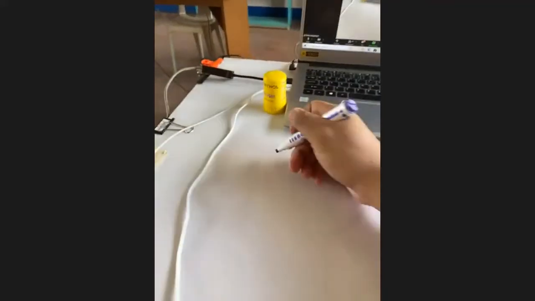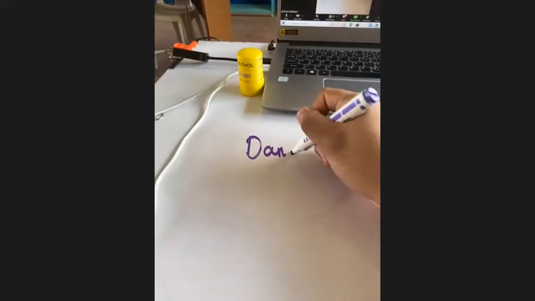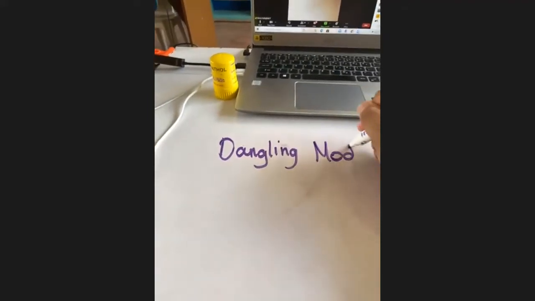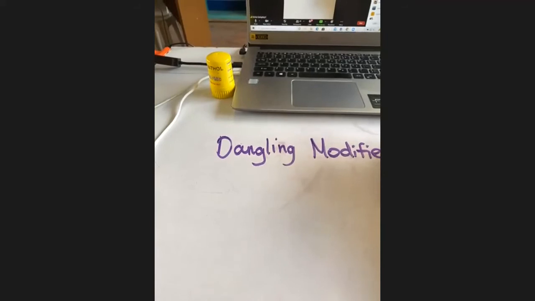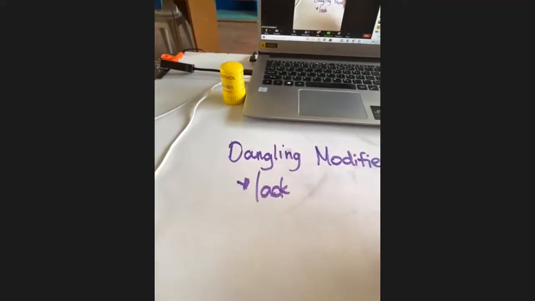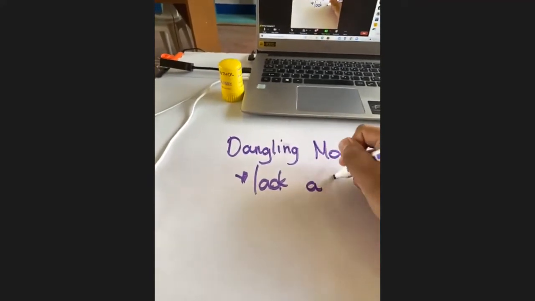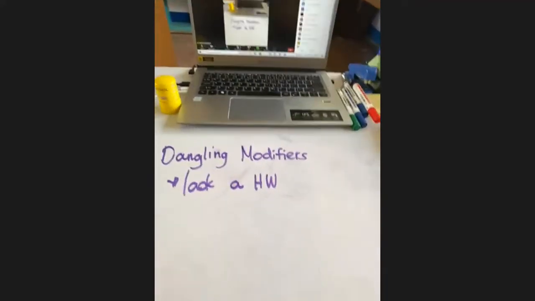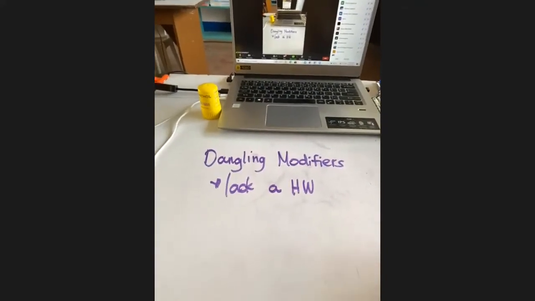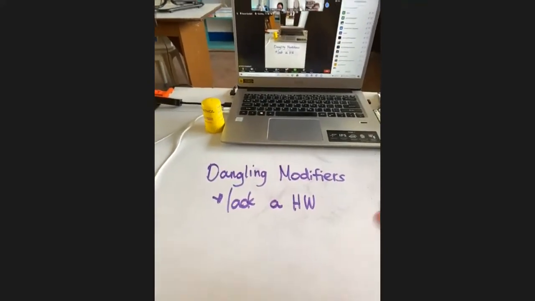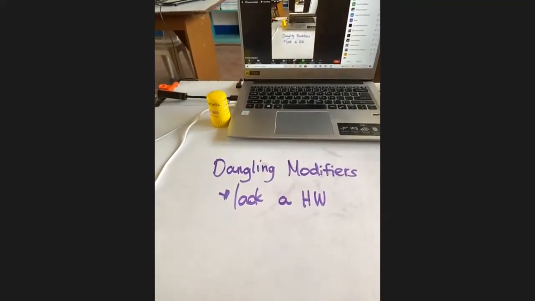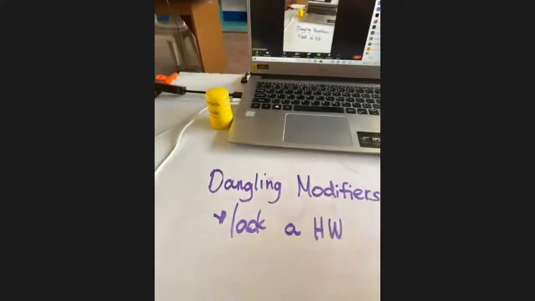A dangling modifier lacks a head word. They do not have a head word in the sentence. There is an absence of a word that is being modified. That's why they're left to be hanging. For example,